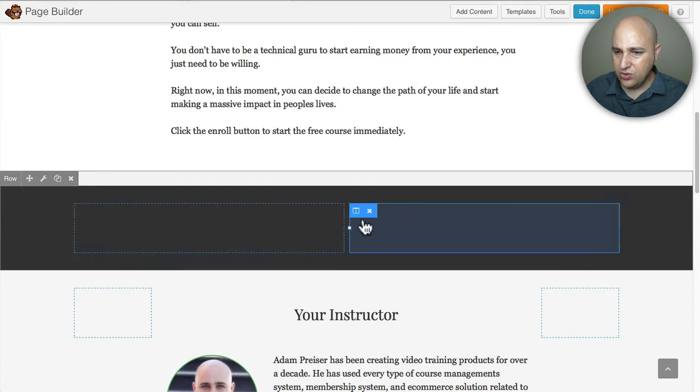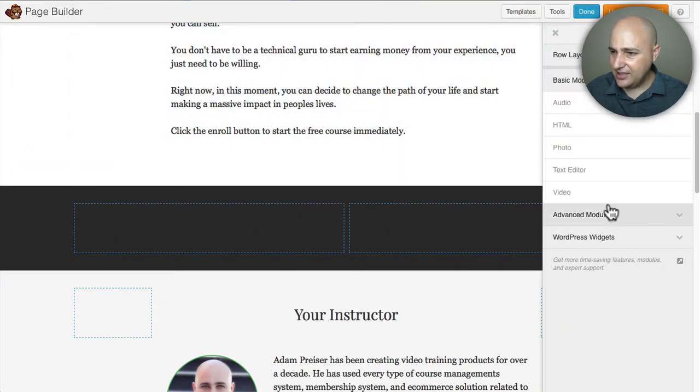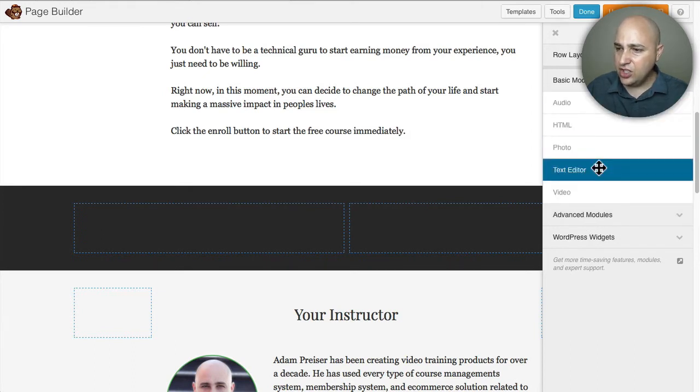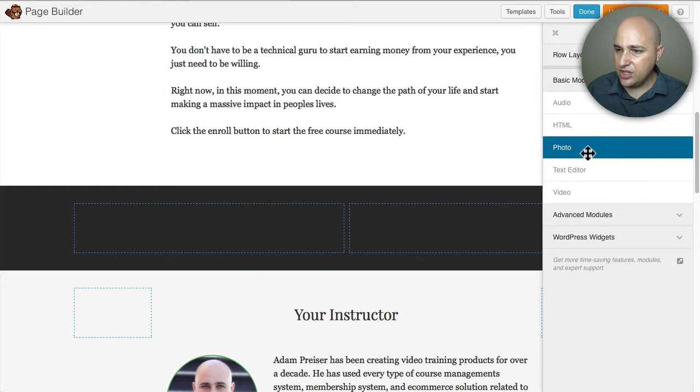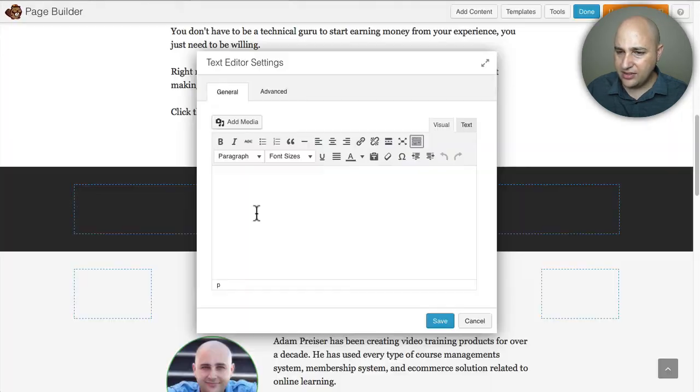So I've got this new row with 2 columns. Let me click on Add Content, and let's see, I can go ahead and put one of these modules in. Now the free version of Beaver Builder has limited modules. There's more modules available in the paid version of Beaver Builder, just so you know. Typically you're going to use this text editor a lot or this photo a lot, so I can just drag and drop that right there, and I can enter my text